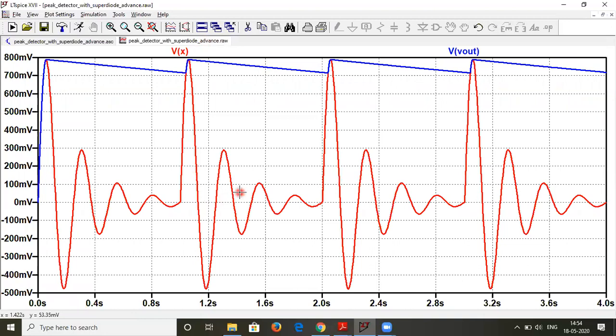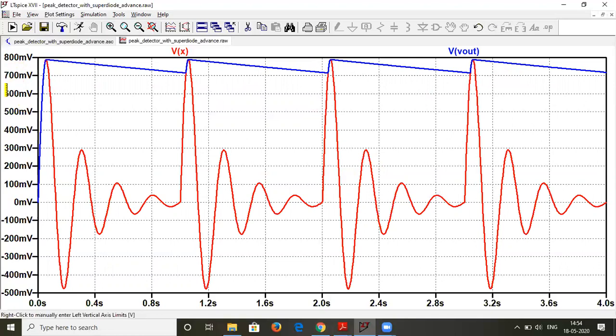In this case, for medical reasons, we require detecting the peaks, that is, how many peaks there are in this ECG signal, which is a formation of Q, R, S, and P. So this is detecting the peak magnitude of the ECG signal, which is of very low amplitude in millivolts.